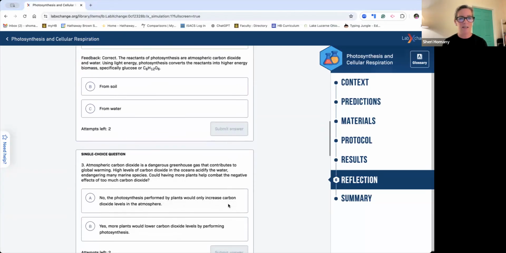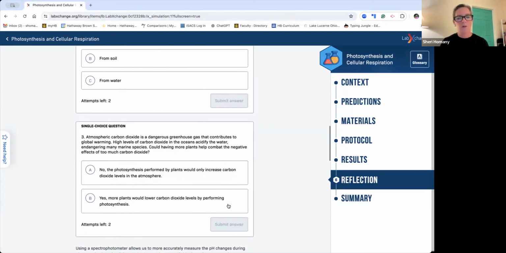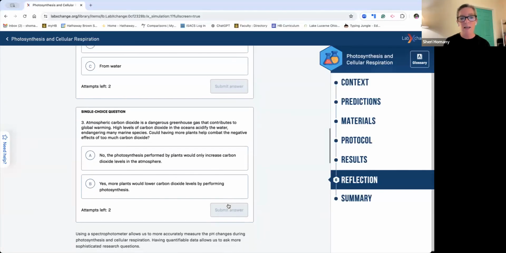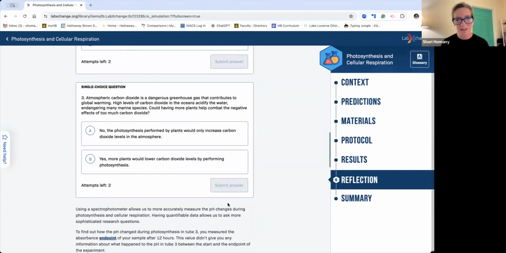And finally, expanding this to climate change. Atmospheric carbon dioxide is a dangerous greenhouse gas that contributes to global warming. High levels of carbon dioxide in the oceans acidify the water, endangering many marine species. Could having more plants help combat the negative effects of too much carbon dioxide? And hopefully students are able to